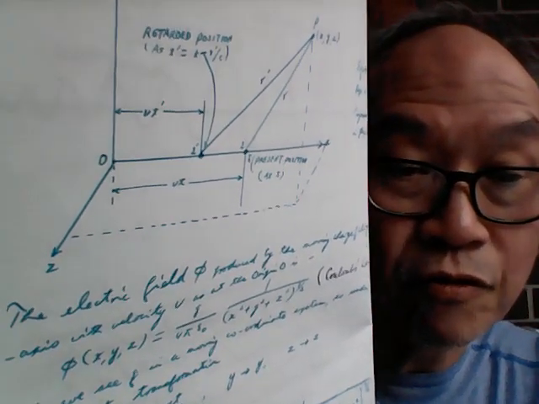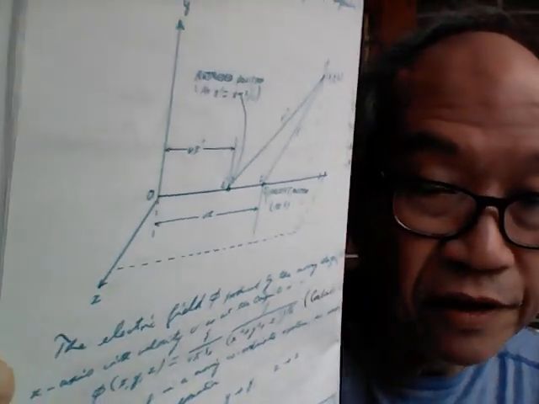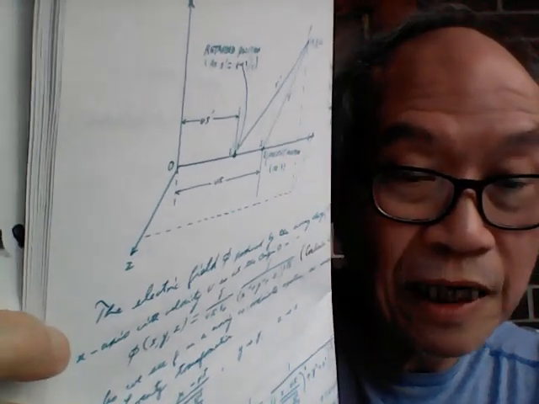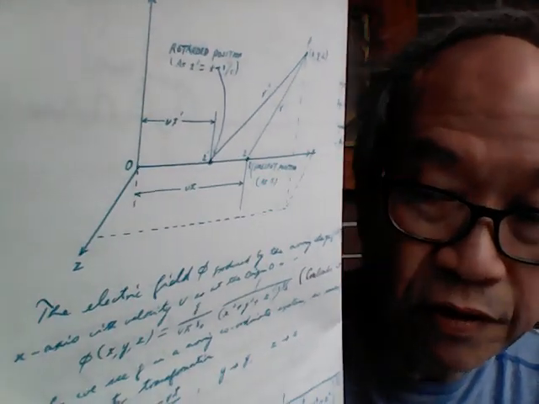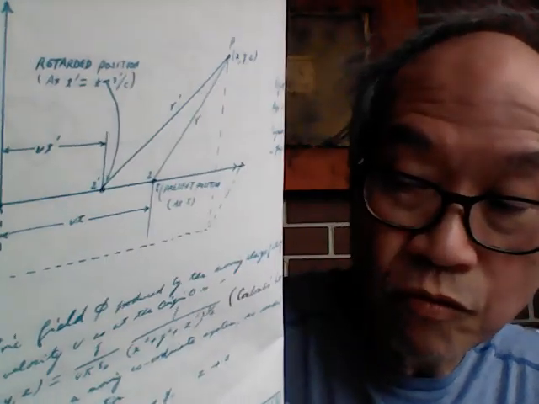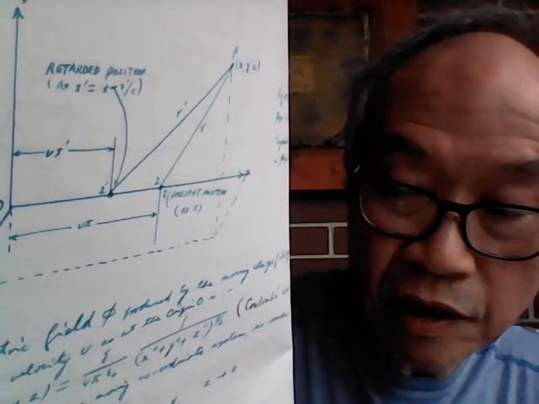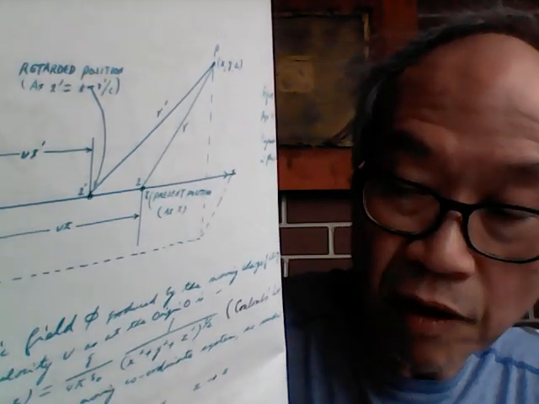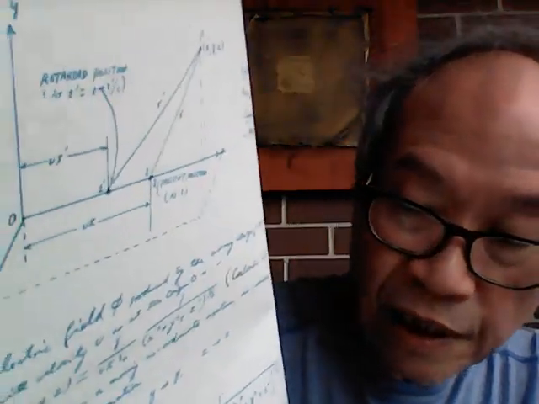This is a Lorentz transformation of the x, for the charge moving in the x direction. There's no change in the y and z, because it's not moving in either of these directions. And therefore the equation actually becomes this: